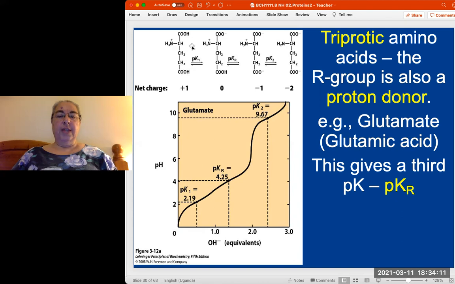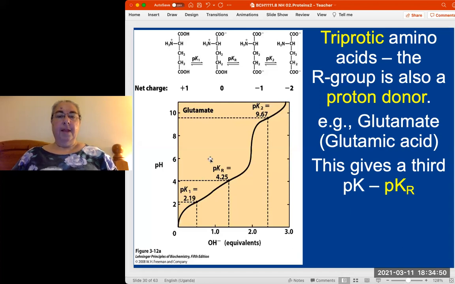Okay, so what happens as the pH is gradually increasing is that first of all, the proton is released from the carboxyl group of the amino acid that is attached directly to the alpha carbon. So we go from COOH to COO minus, and from a charge of +1 to 0. And that's the pK that's reflected here. It happens at a midpoint of